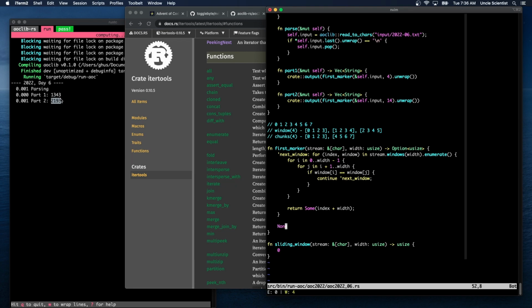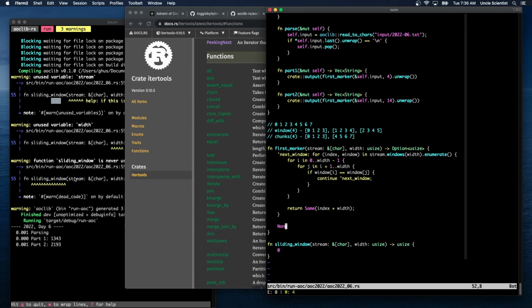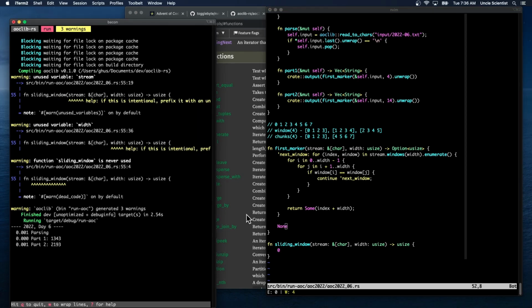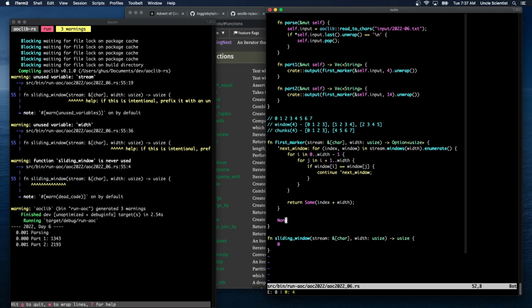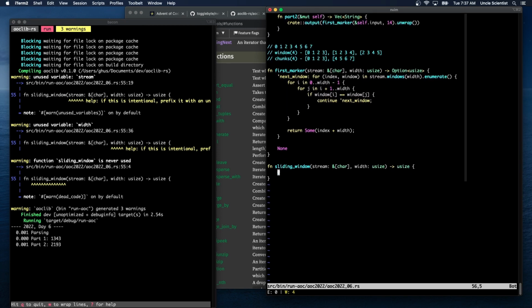And this should come up with the same values and complain about, yeah. Okay, so in sliding window, what we'll do is